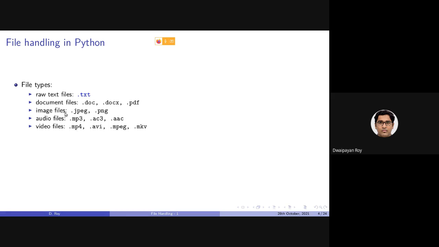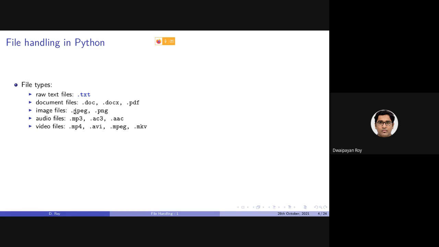These are some of the file types that we come across and handle every day. Raw text files, mostly having the extension .txt. Document files such as Microsoft Word doc or LibreOffice doc, having the extension .doc, .docx, or portable document format like PDF files.